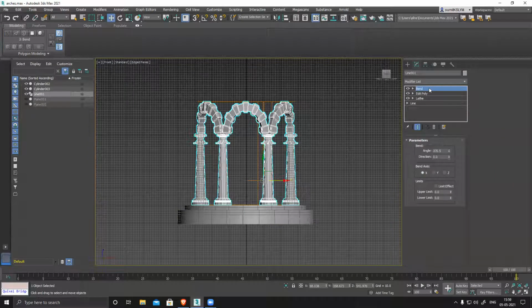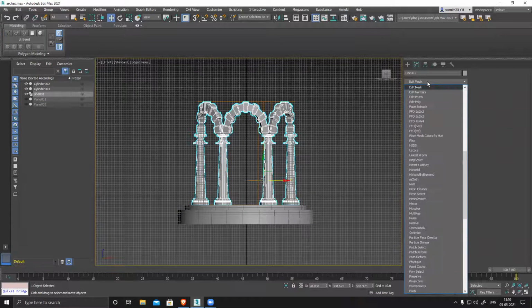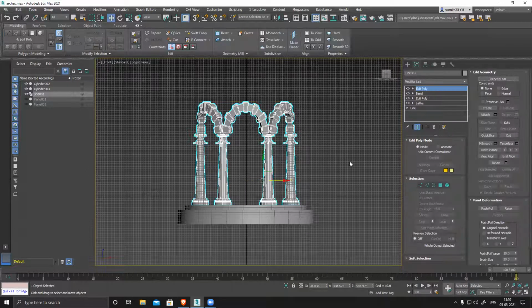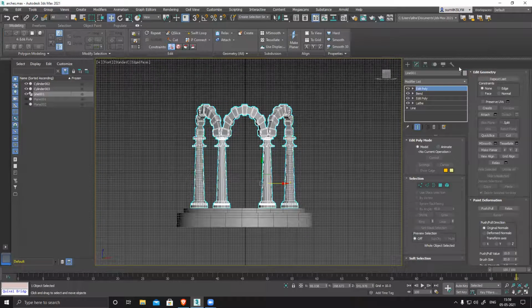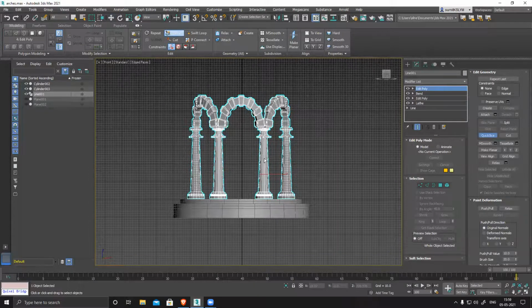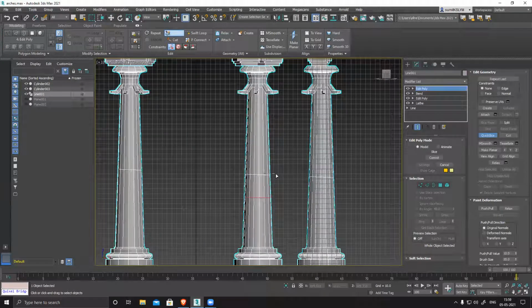Now suppose I have edit poly. Apply edit poly. I select this as a polygon. So we have the quick slice. Whenever we click quick slice, it basically creates a slice throughout the selected model in any direction. You can see it's a straight line. It's a slice, like a slice of cake, right? You slice it from the center or from any angle, it cuts through and through.